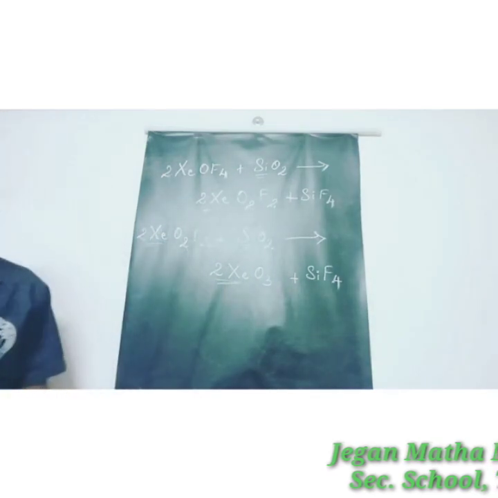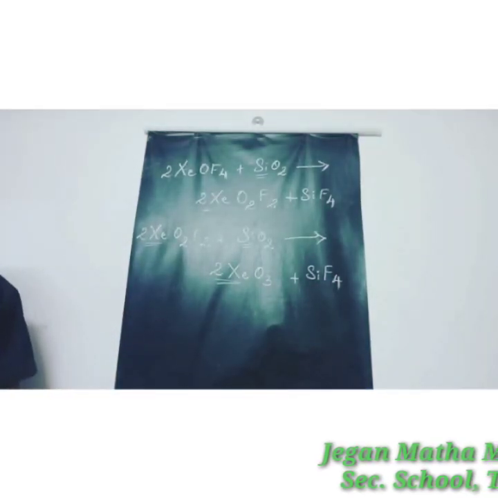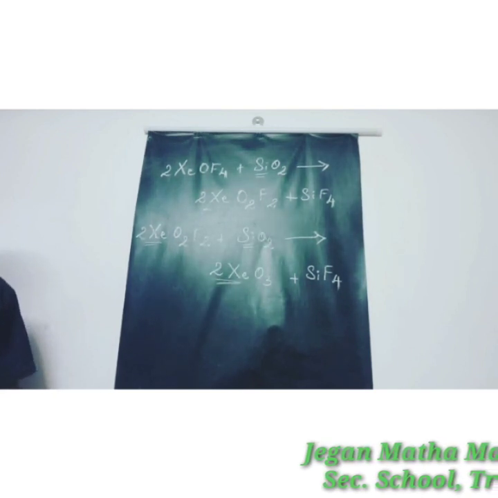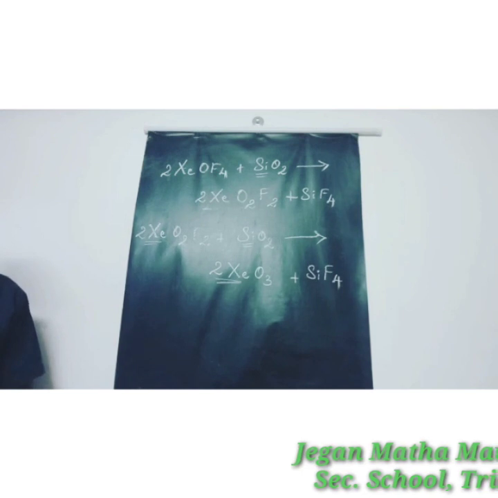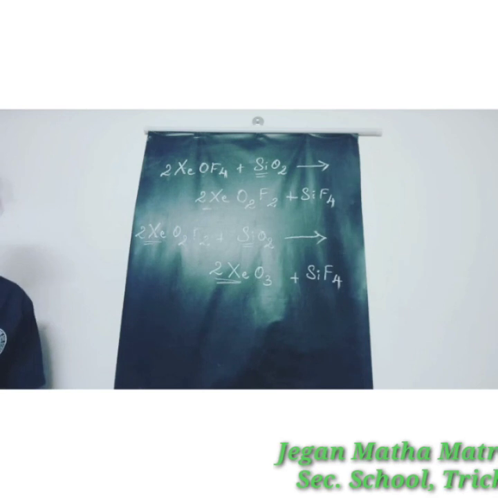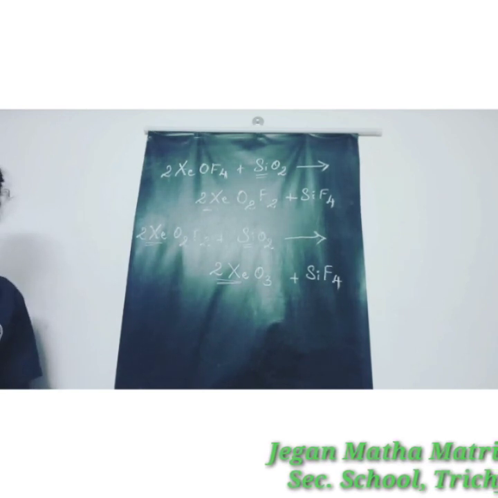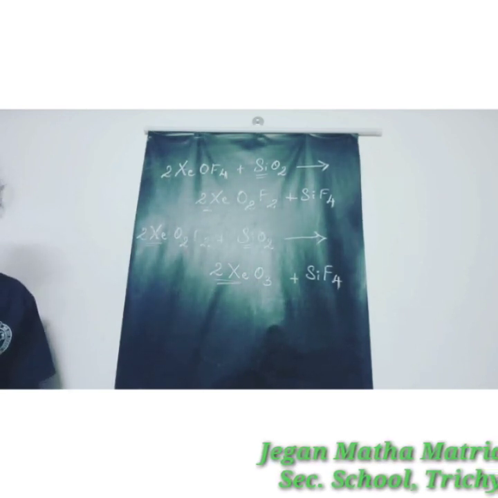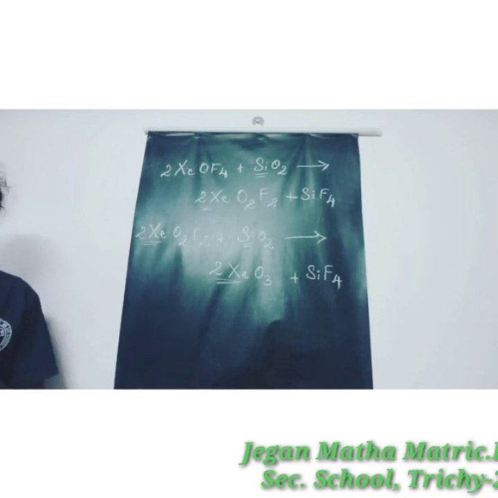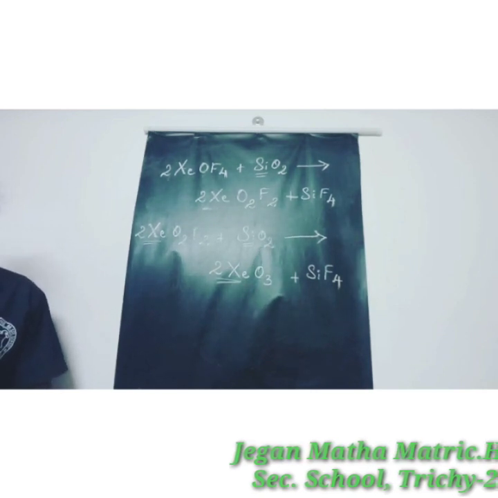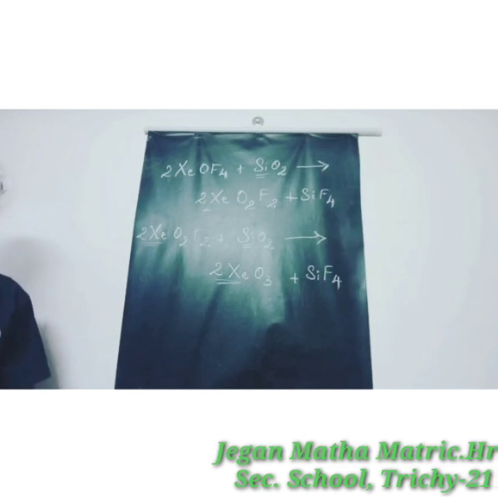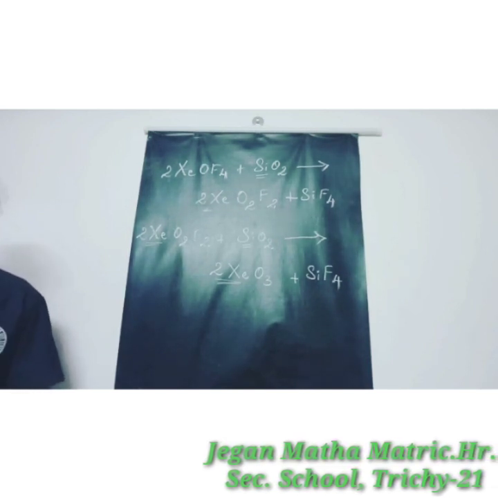And next one is on hydrolysis with water vapor, xenon hexafluoride gives xenon trioxide. Hydrolysis means reacted with water molecule. So hydrolysis with water vapor only. The formula for water vapor is H2O only. So xenon hexafluoride is reacted with 3 times of water molecules. It gives xenon trioxide and hydrogen fluoride here. So here 6 times of hydrogen fluoride is formed.